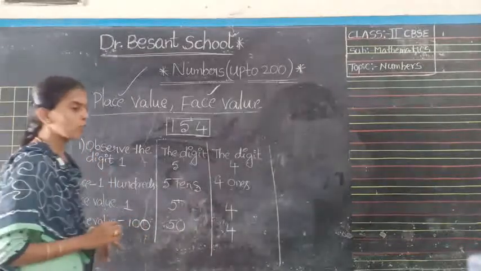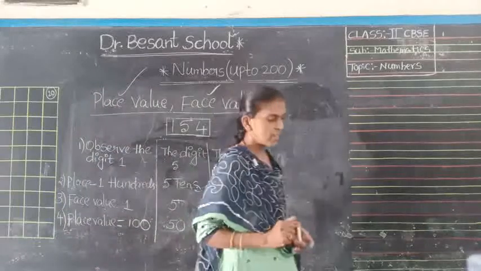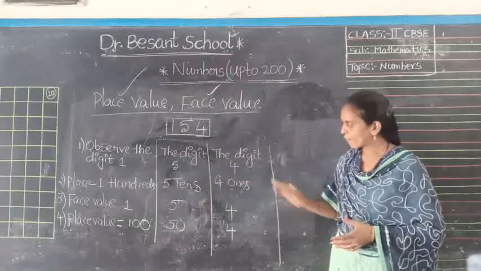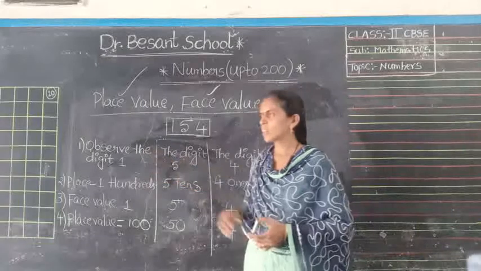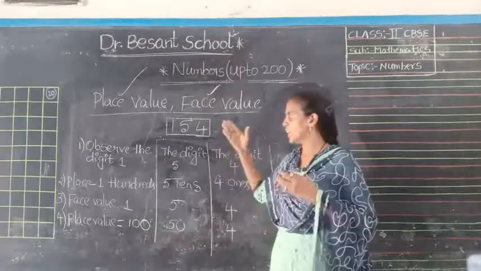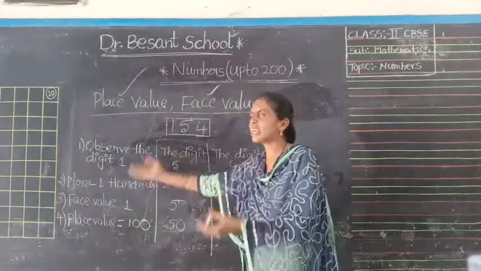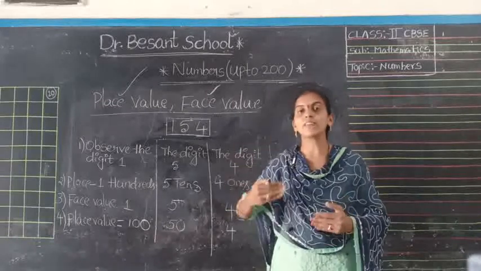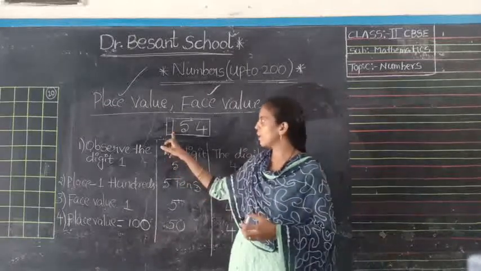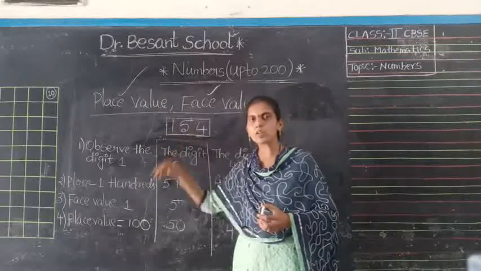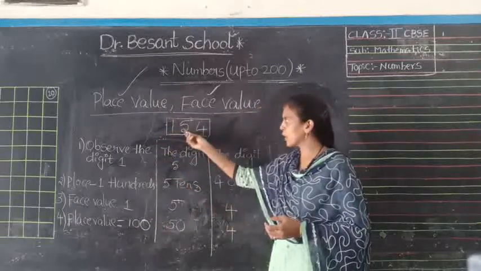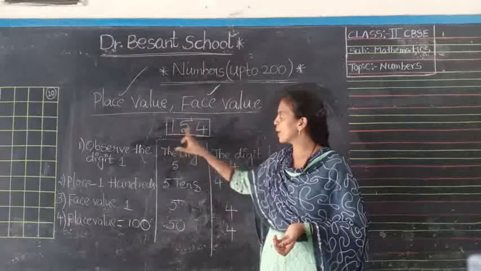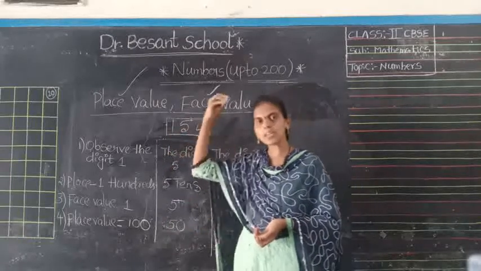First of all, what to observe in a number is identify the digits first. After that, write their places. Which place they are placed? Either in ones place or tens place or hundreds place. Divide that individually. Next, see the face values. Here 1 is in hundreds place. The face value remains as 1 only. If the 1 moved to here, no problem at all. Again the face value is 1 itself. If the 1 moved from here to here, for example, the face value remains 1 only.